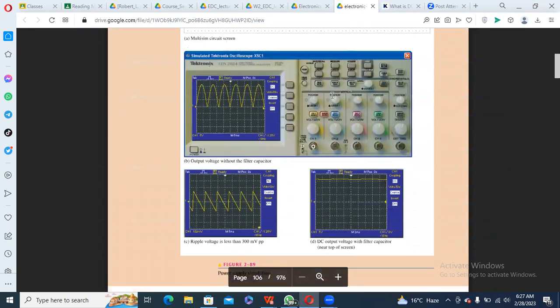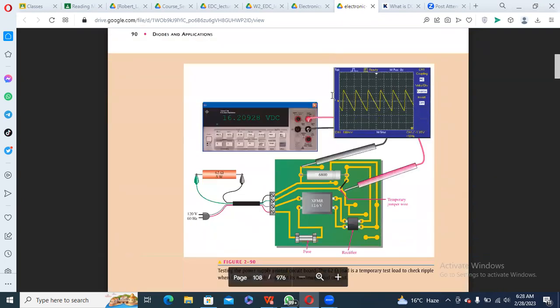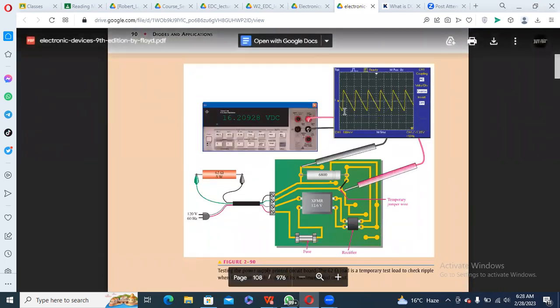Like this, and this is the power supply pictures that we